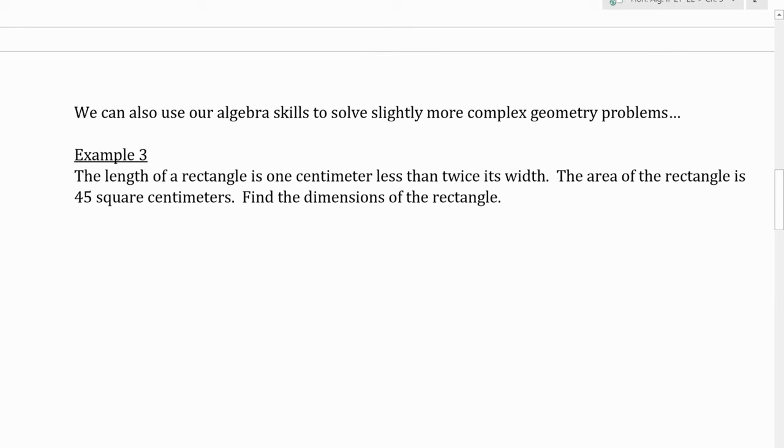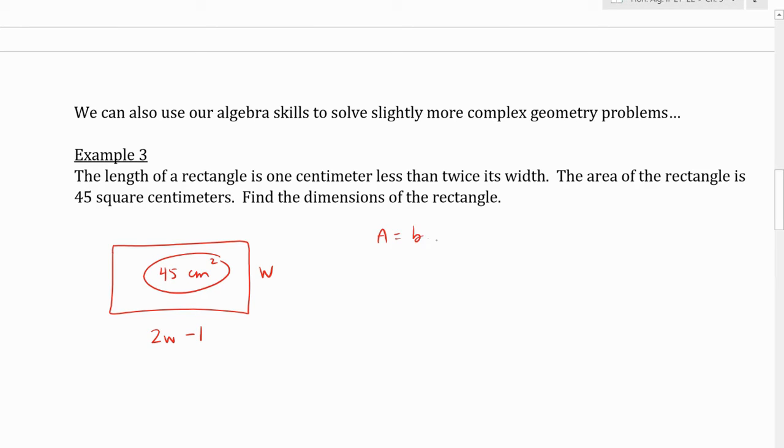And then we can also use these algebra skills that we've been developing to work better geometry problems. So here's one. The length of a rectangle is a centimeter less than twice its width. So let's say W is its width. A centimeter less than twice that would be the length. And the area of this sucker is 45. Well, the area of a rectangle is just a base times a height, or a length times a width. So if the area is 45, and these are my two dimensions,